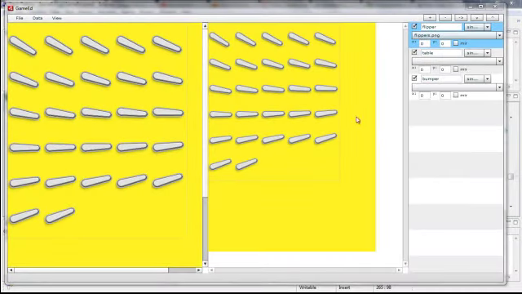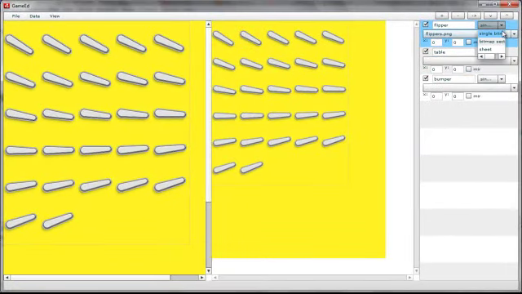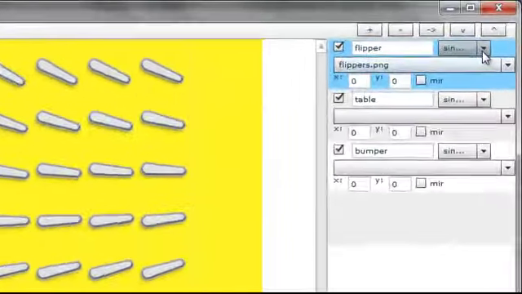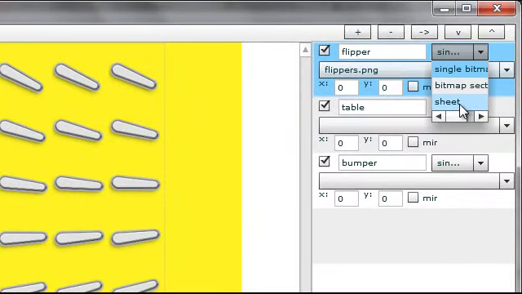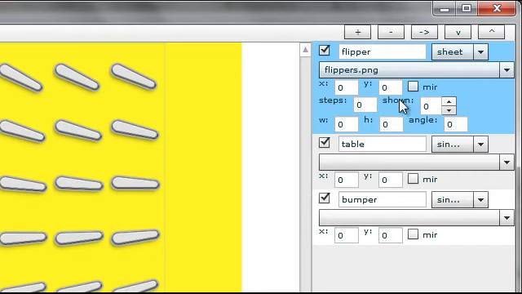Let's put the flipper back into the single bitmap. As you can see, it represents a list of sprites that you want to animate, and you don't want to show more than one sprite at a time. How you deal with this is that you select the sheet element type, and that way you get some more